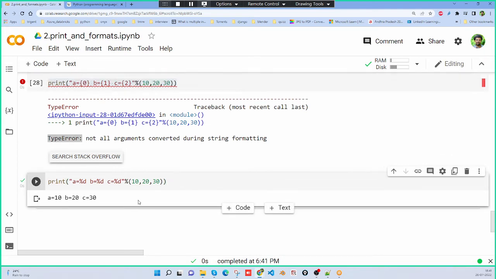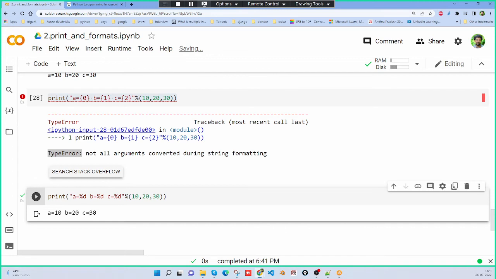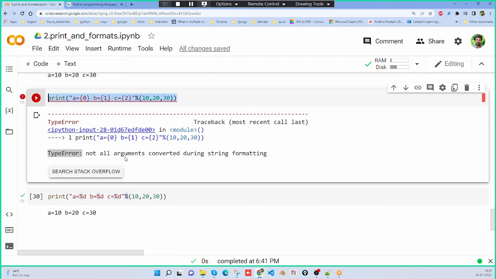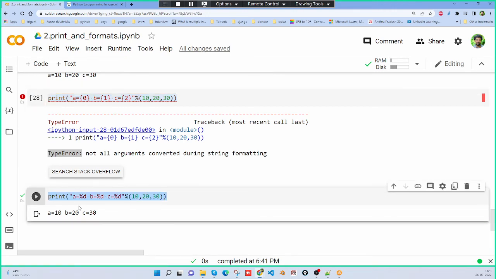Now if you observe, same output we are getting with a percentage symbol. So either if you want to write like this you can write, or like this you can write. So if I want to declare variable here,